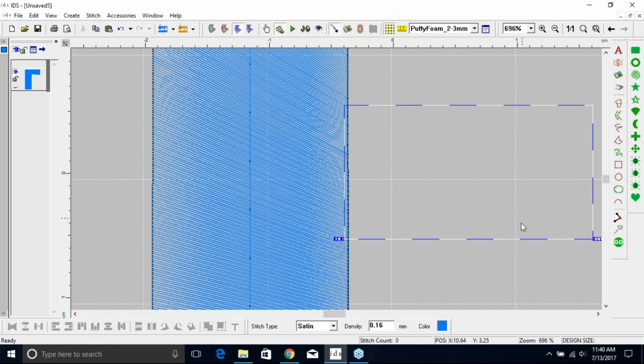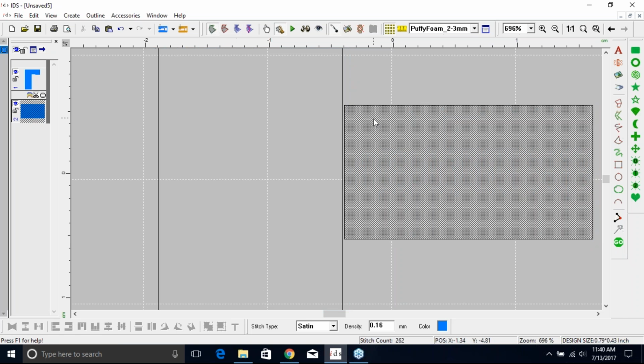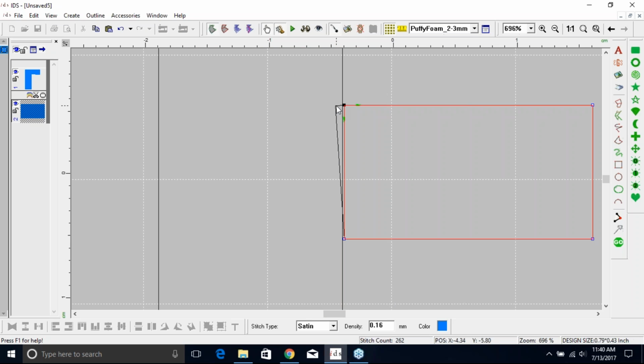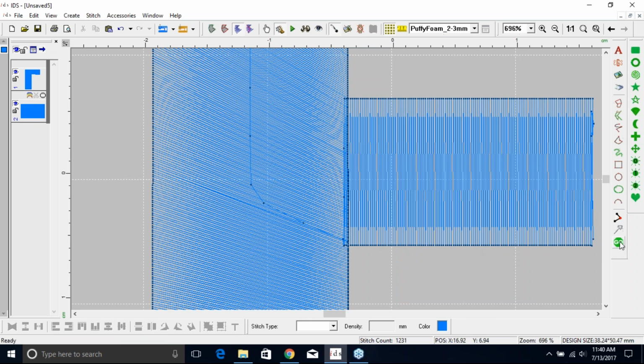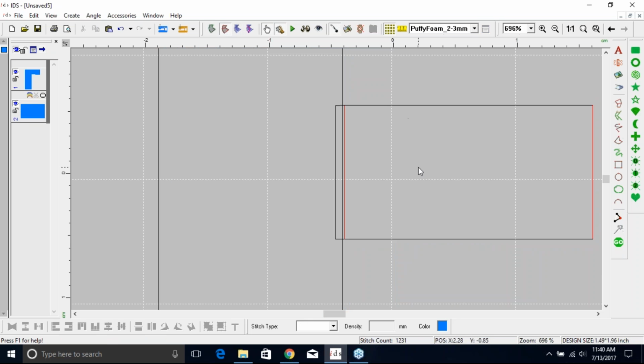This area hasn't been generated because I only had this piece selected. So let's hit go here. And sometimes what I'll do is, you can see there's a little bit of a gap. I will go into the outline view and edit outline mode, and I will bring that letter and overlap it. Now it's telling me something, for some reason, I'm not sure why, but I'll hit go, and let's hit go again. Let's go to our stitch angles, right click on here,